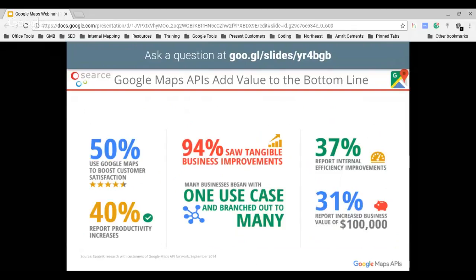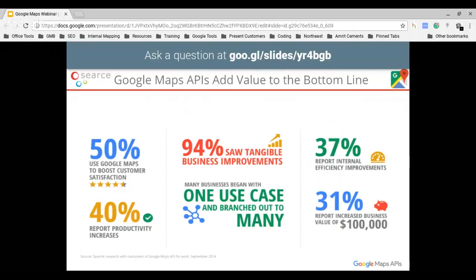So Google Maps APIs add value to the bottom line. And here are some important numbers that I would like to talk to you about. So the most important number you can see is on the right hand side lower bottom, which is 31% of the businesses who used Google Maps reported an increased business value of $100,000 and above, right? 94% of the businesses using Google Maps saw tangible business improvements. And in most cases what we see is that people start out with one use case and then branch out to many,